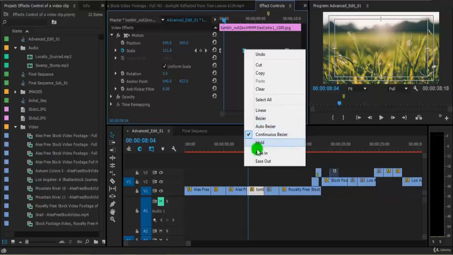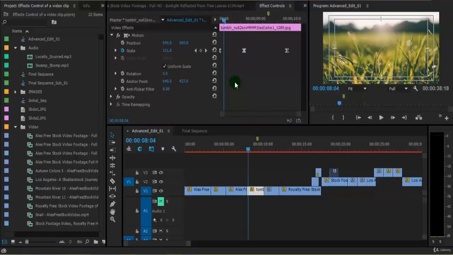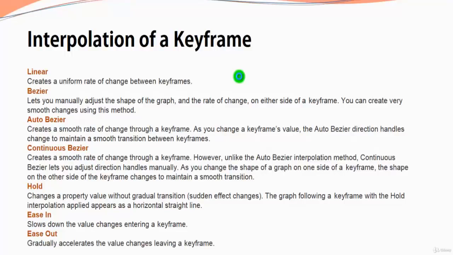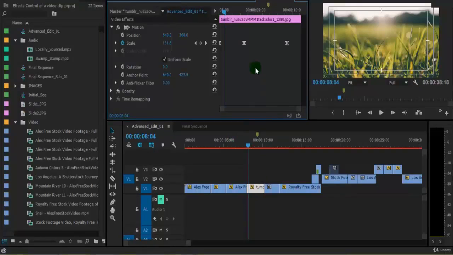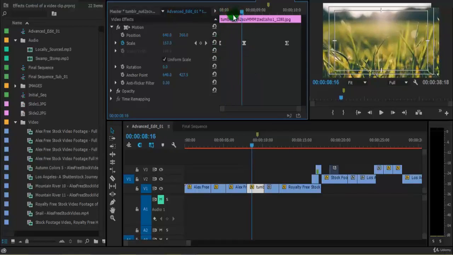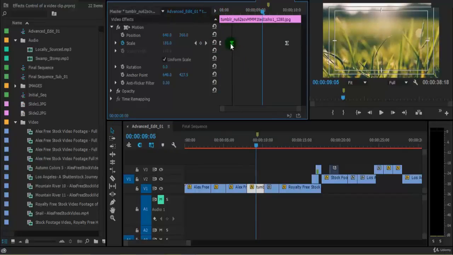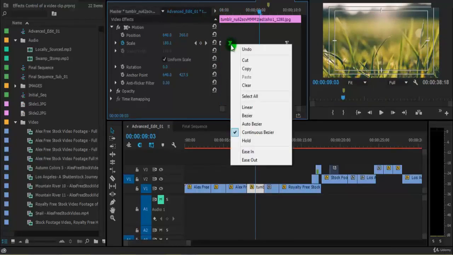And now let us come to hold. What is basically hold? Hold changes a property value without the gradual transition, and the graph following the keyframe with the hold interpolation applied appears as a horizontal line. And if I say this hold,